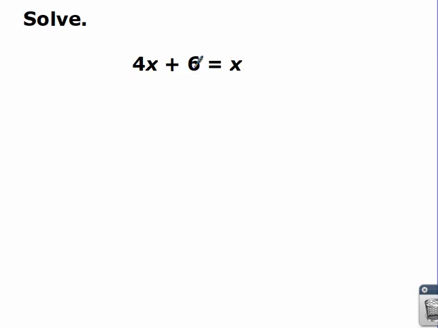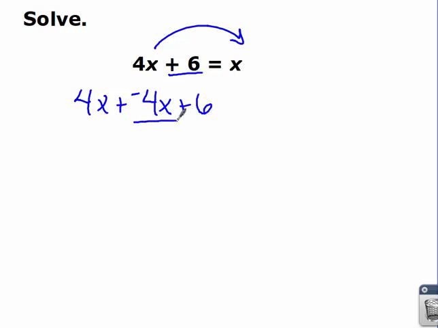So now what's really difficult is we've been moving our variables to the left-hand side. In this particular problem, it's better to move your variables to the right-hand side. And the reason why is because my numbers are already together on the left. So on this one, I'm going to move the 4x over to the right-hand side to be with the x. So 4x plus negative 4x plus 6, so here's the new thing, equals x plus negative 4x, and I added it to both sides. So now my x's go away on the left, and I'm left with 6,